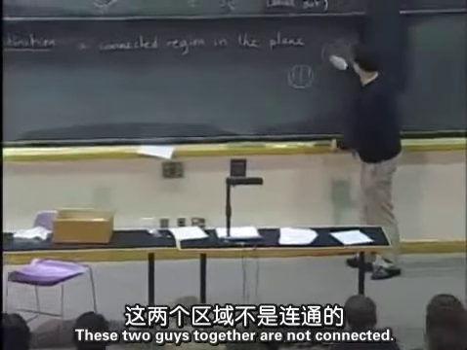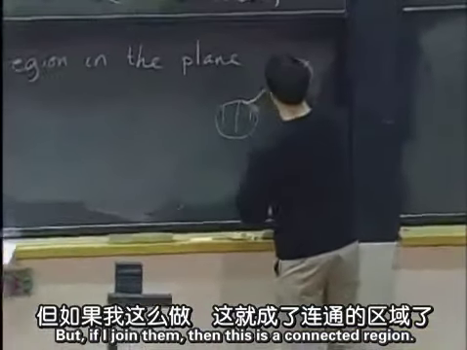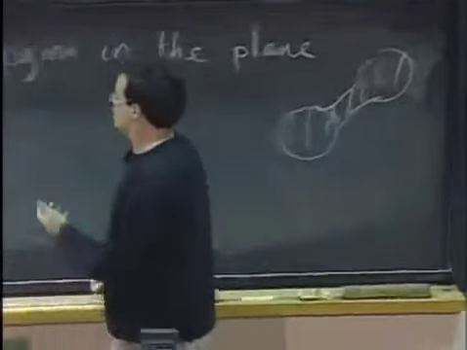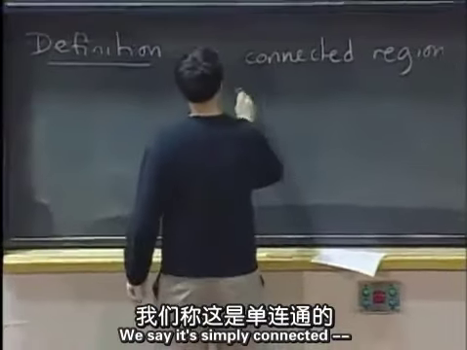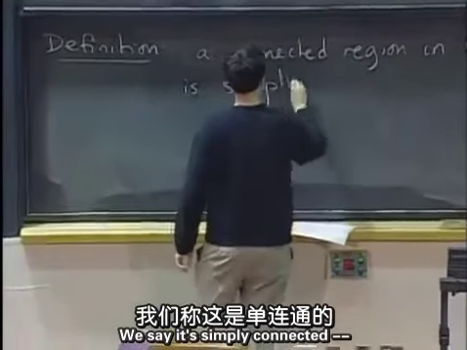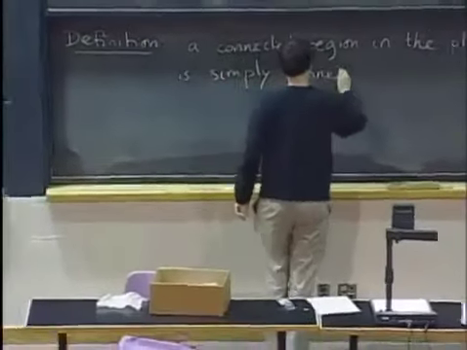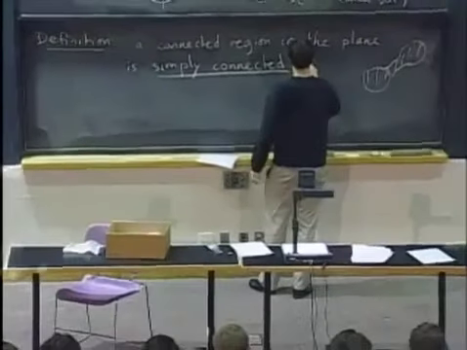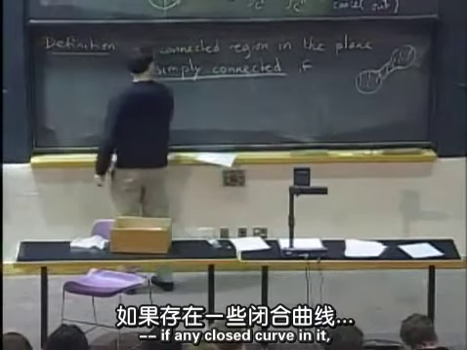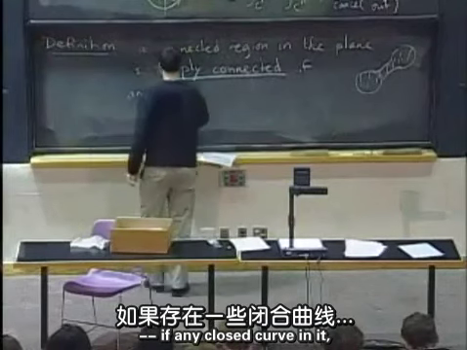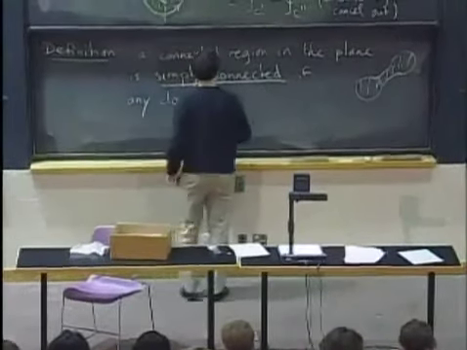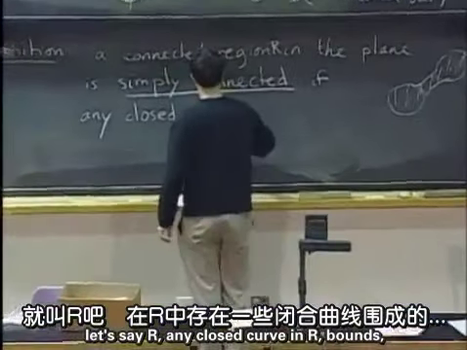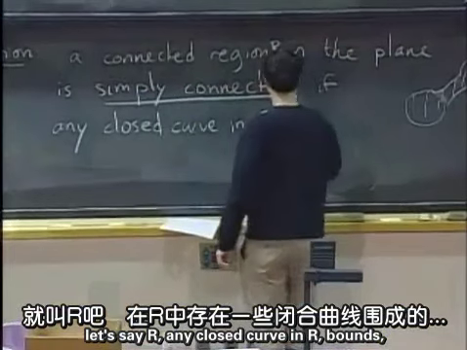These two guys together are not connected, but if I join them, then this is a connected region. We say it's simply connected if any closed curve in it, okay, so I need to give a name to my region, let's say R, any closed curve in R bounds,